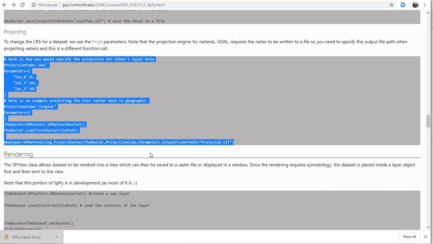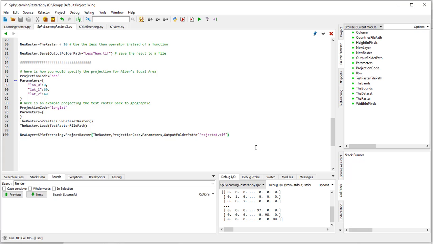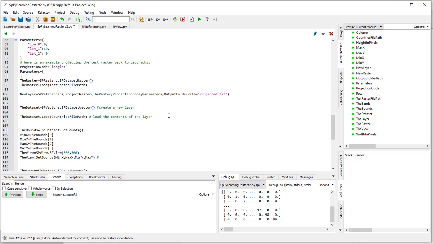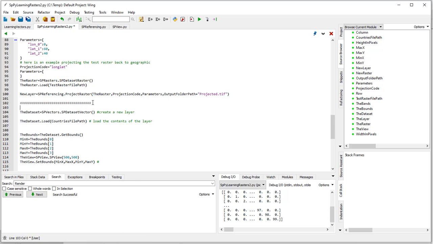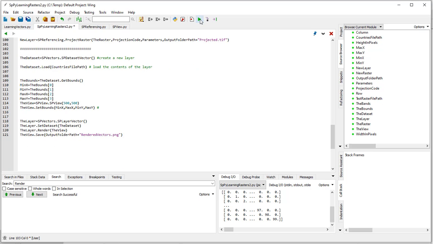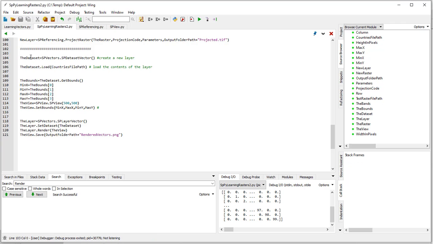Okay, and as I said, there's a bunch more functions, but lastly, I will go ahead and let you know that we can also render data to rasters. Now, this is definitely a newer part of the code, and it's definitely still a work in progress, but it's getting there. And the idea here is that we've got a data set that we've loaded. We can get the bounds for that, and then we create a view from SpView. That's the module, and the class is also SpView. We say we want it to be 500 by 500 pixels. We can set the bounds for that, and then we can go ahead and